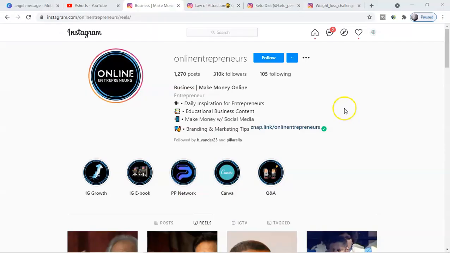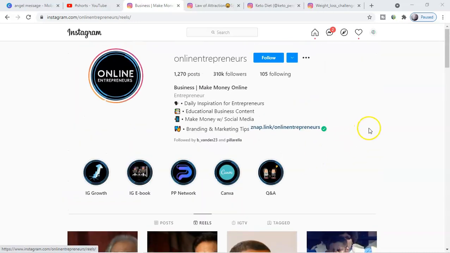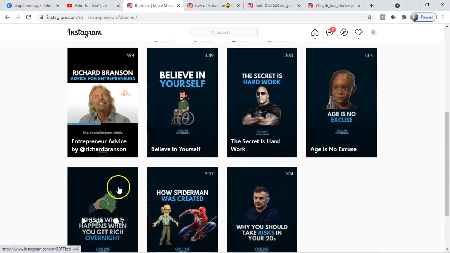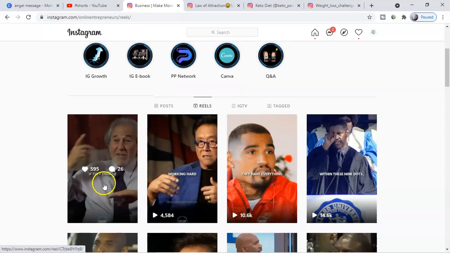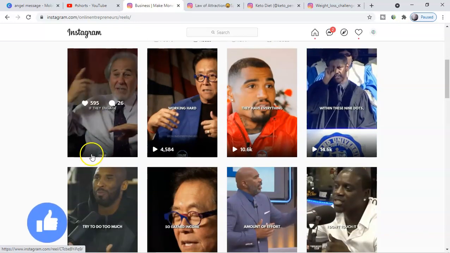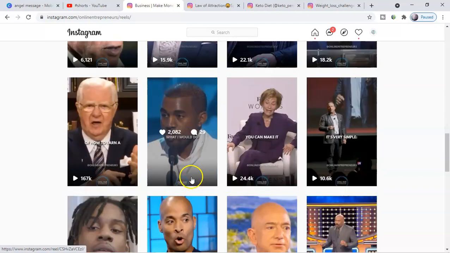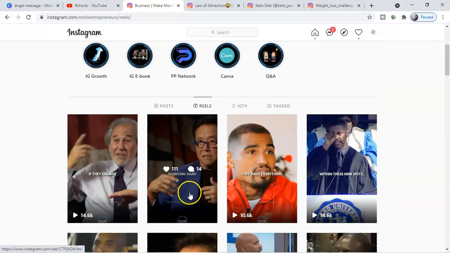Now the second best free traffic source is Instagram and Instagram Reels. Instagram can give you faster sales. You can promote your offer in the story, in the post, in reels, as well as in IGTV. Here you can see all of these platforms are amazing, but reels are doing outstanding. You can see tons of views and likes, 14,000 views and 10,000 views. All these reels are not made by me. You can use other people's content here and give credit to them, and it is doing amazing.